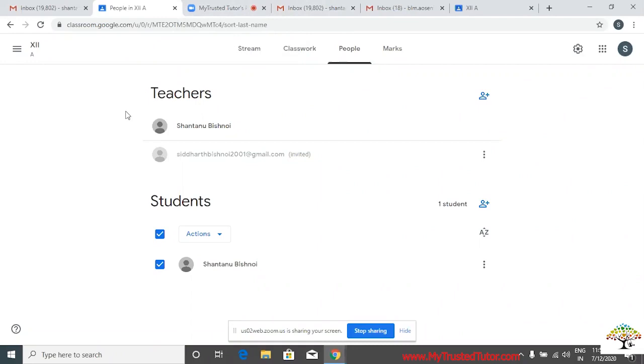Ma'am, for that purpose, we don't have a particular software, but I can tell you how to do it. It's better to share the invitation code at the time when you want your students to perform the test. Suppose I want my students to start by 3, I have to inform them earlier that by 2:55 p.m. I'm going to share one invitation with you all, and immediately you have to start your work. There is no such option available in Google Classroom to schedule a test that the students will do in a particular time frame.